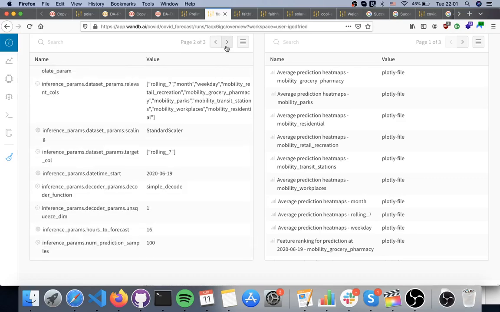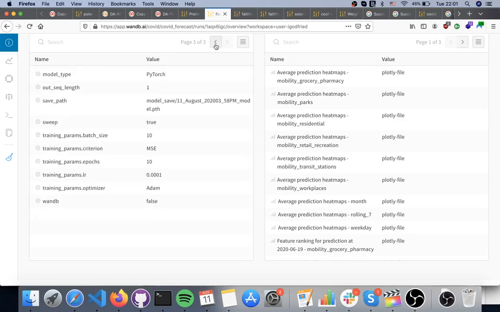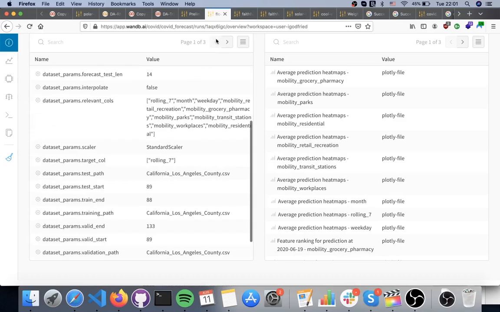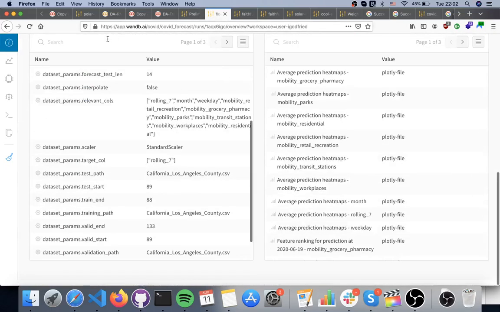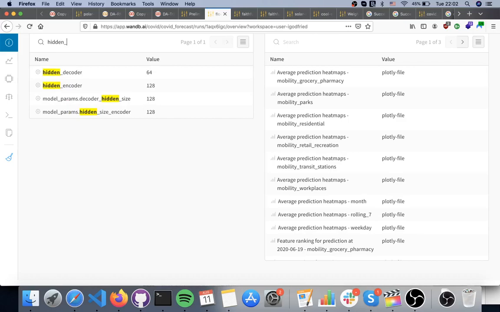Yeah, it basically looks the same. Okay, so from what I'm seeing, it actually likes hidden encoder to be like